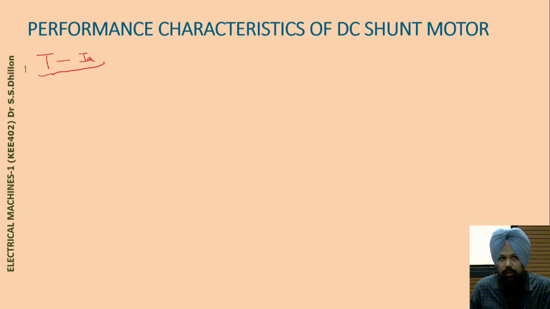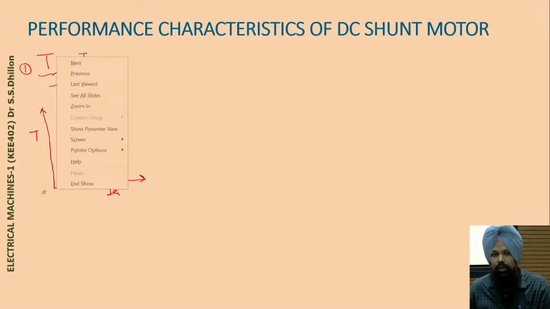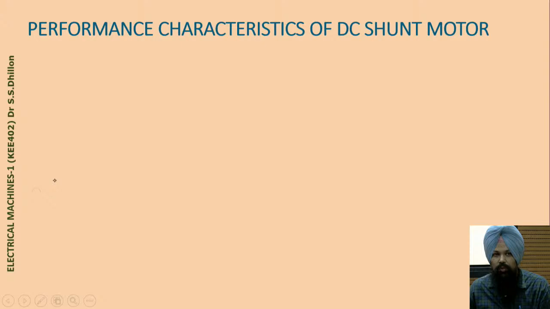This is the first one. As we know, torque in this case is directly proportional to Ia, that's why its curve is like this. Here we have the armature current and here we have the torque, and if we increase the armature current, accordingly there will be